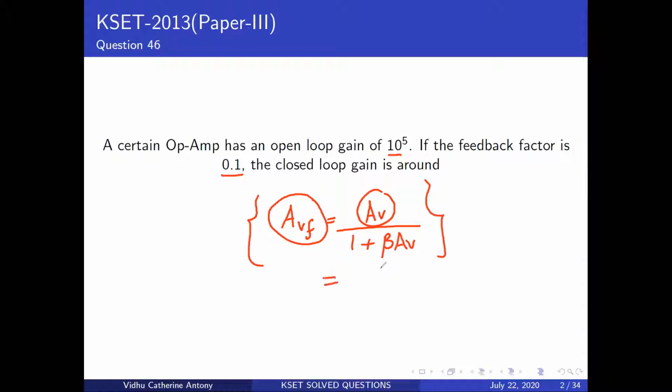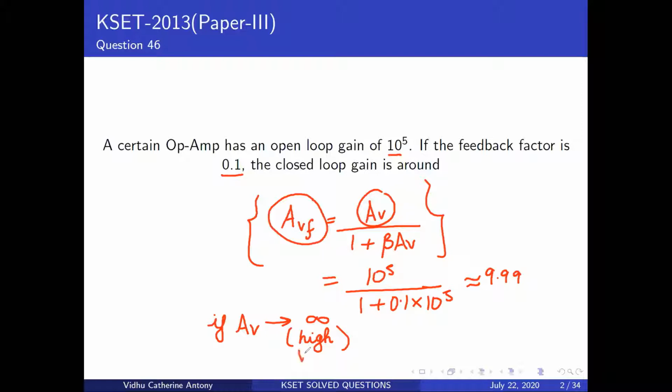Now we're going to put 10 to the power of 5 and 1 plus 0.1 times 10 to the power of 5, which gives you approximately 9.99. Now, if your closed loop gain is tending to infinity, or if it's a high value,